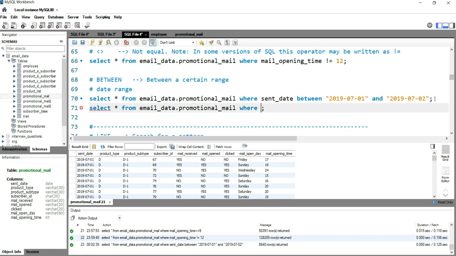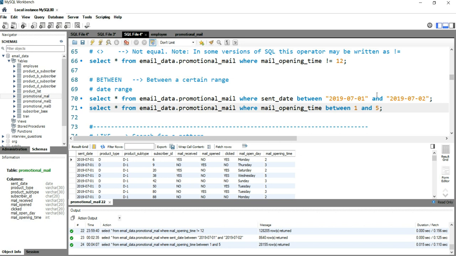So I'll use where mail opening time is between 1 and 5. This means I want my entire data set where the mail has been opened from 1 a.m. till 5 a.m. If I run it, I got my records.